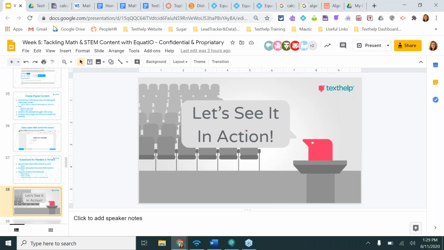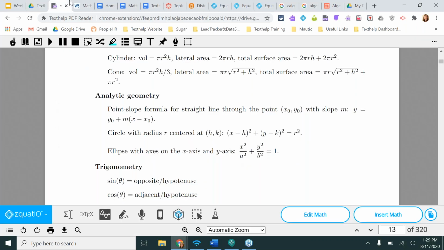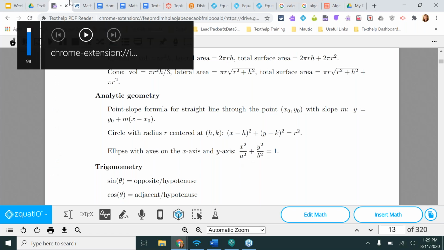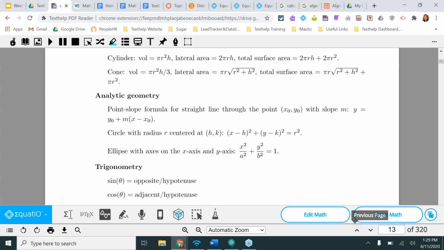So what I have up here on my screen is a chemistry textbook. It's a calculus textbook, fairly straightforward. But what I'm going to do is turn my volume up on my speaker using that screenshot reader. So if I have EquatIO open, which I do at the bottom of my screen, I can simply click on the screenshot reader, much like the one with Read&Write, draw a box around an equation, and I'm actually going to move it a little bit over so I don't get the colon. There we go. It's going to do OCR on the equation.